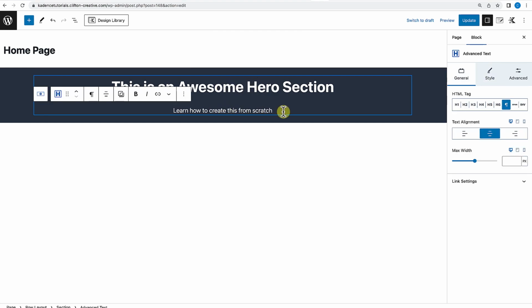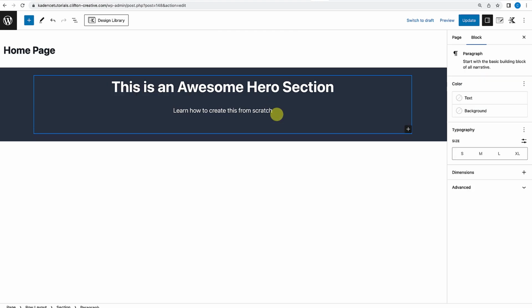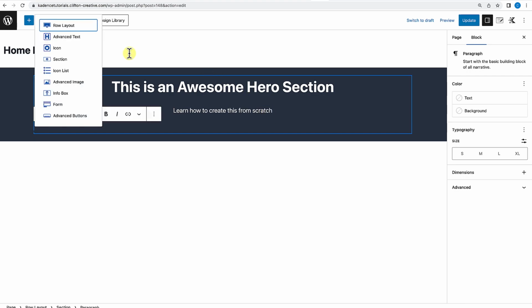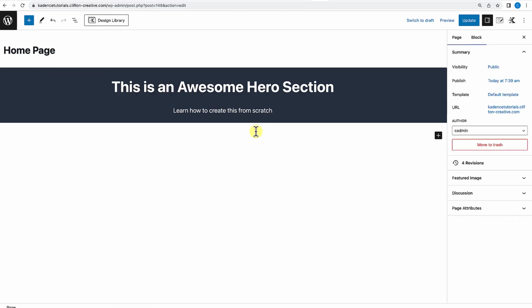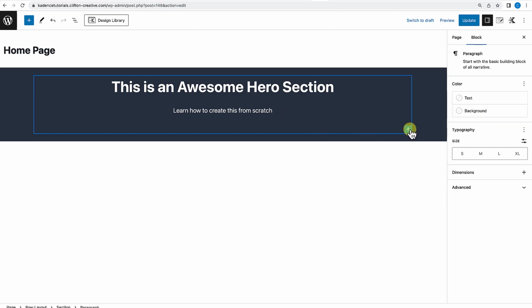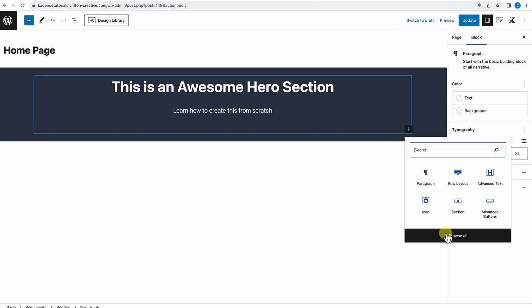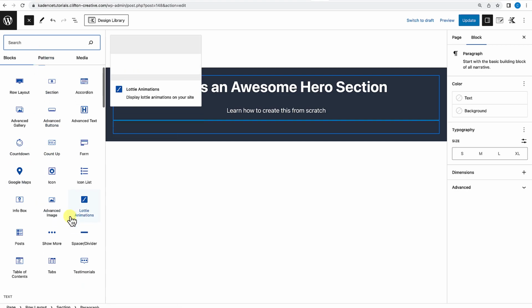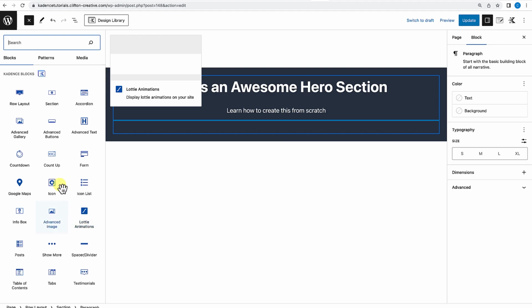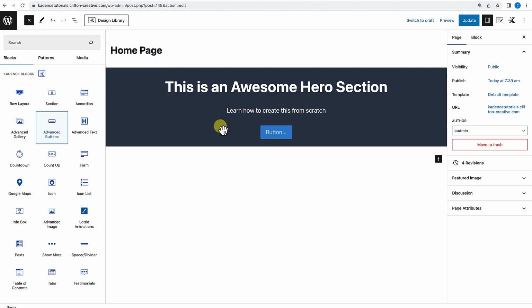Let's go ahead and add a button. So I'm just going to click right next to the advanced text, hit enter, and type a /, and right over here we have advanced buttons. Now I'm just using a shortcut to do this. Of course, I could very easily click on the plus sign over here and do it this way, or I can open up the block inserter and drag in an advanced button. But as you use this more and more, you'll start finding very good shortcuts to help you do things a lot faster. Okay, so I'm going to drag that in here,